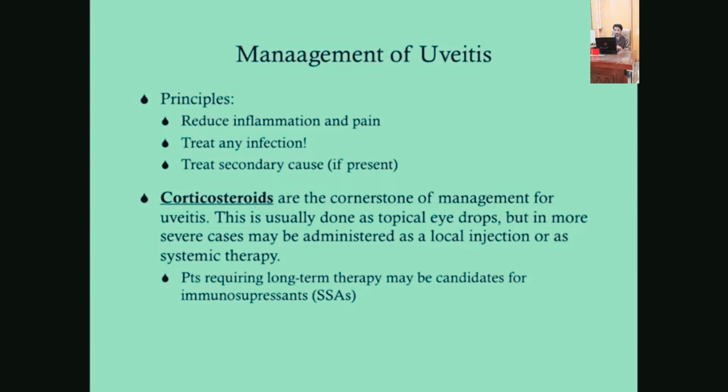So eye drops can only be given for mild cases of anterior uveitis. If it's anything worse, or if it's intermediate or posterior or panuveitis, you're going to need to give an injection or systemic steroids. So things that you can give topically for anterior uveitis, you can give topical prednisolone, dexamethasone,